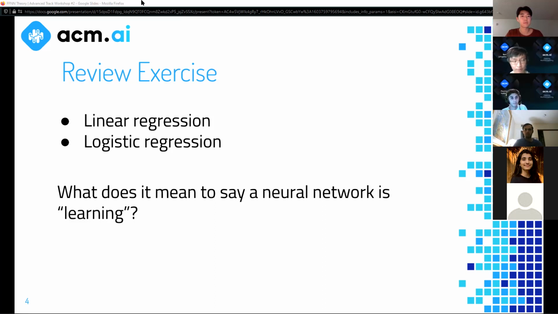So go ahead, Ben. Another thing I want to add about that is just that the point of talking about overfitting is that we want to always keep in mind that the overall goal is to build a network that can generalize to data it hasn't seen before. Even though the whole training process is focused on minimizing that cost function, that's not our overall goal when we're doing this training process.